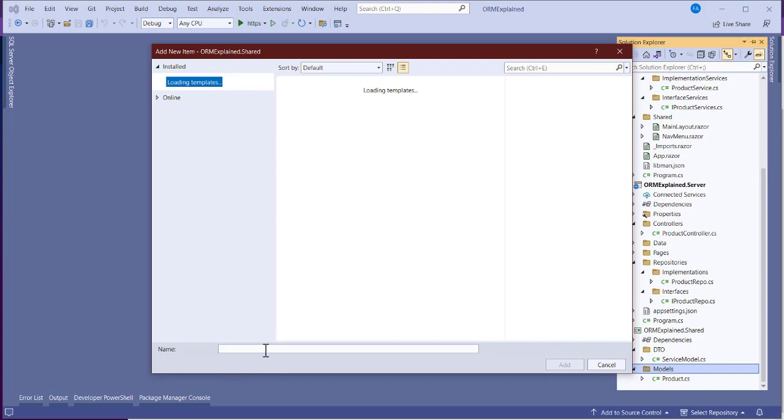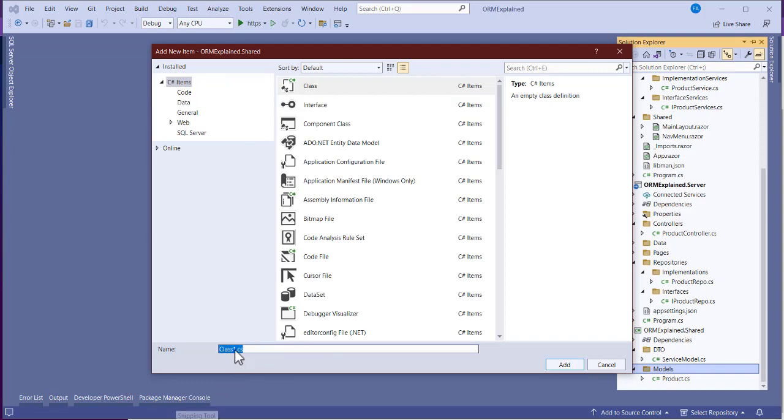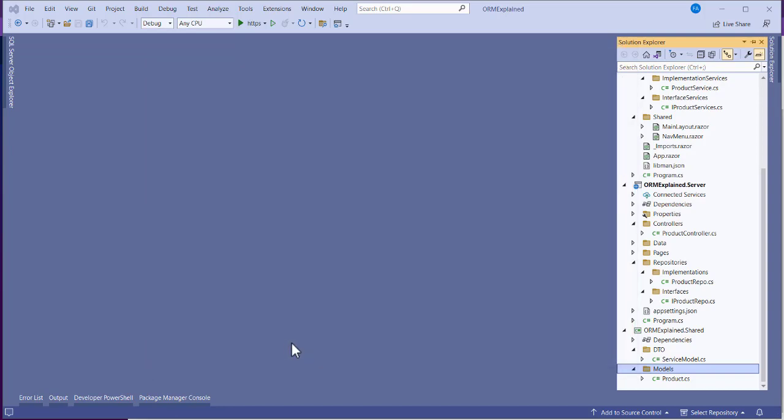Okay, so it's taking much time, but let's wait. So it's going to be category for the name, and that's going to be category.cs, and that is a class. So let's wait. So category.cs,